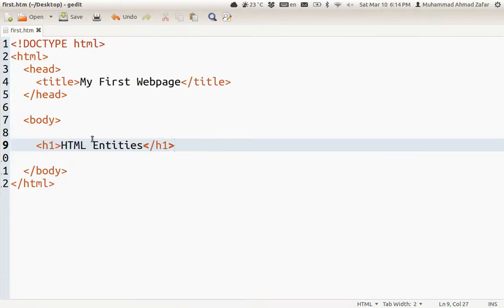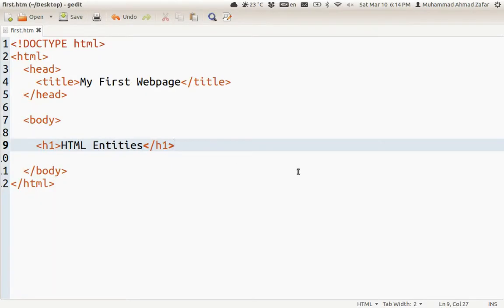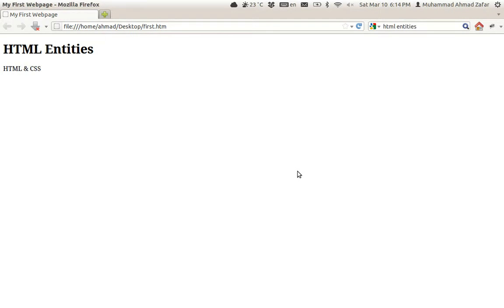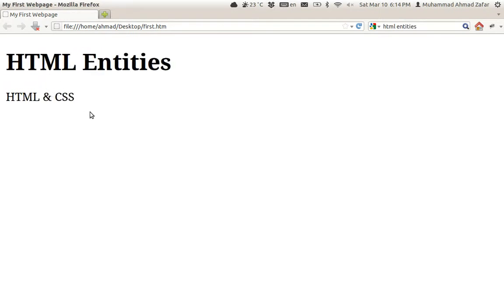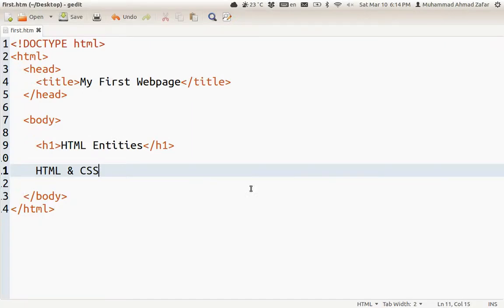I have my text file and I have my web page in the web browser. So for instance, here we are going to use the HTML and CSS. Now this can be represented correctly by the browser. If I refresh, you can see that yes, the browser is representing it correctly. Let me zoom in a bit. It's representing it correctly, but basically the problem is that, as I mentioned in the previous video, some special characters like this,